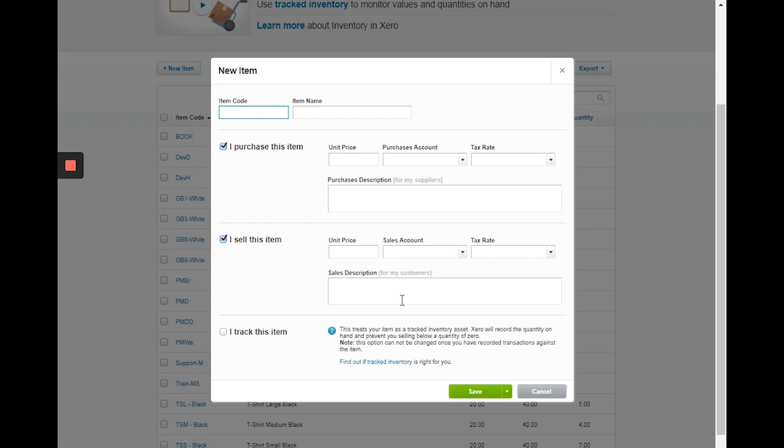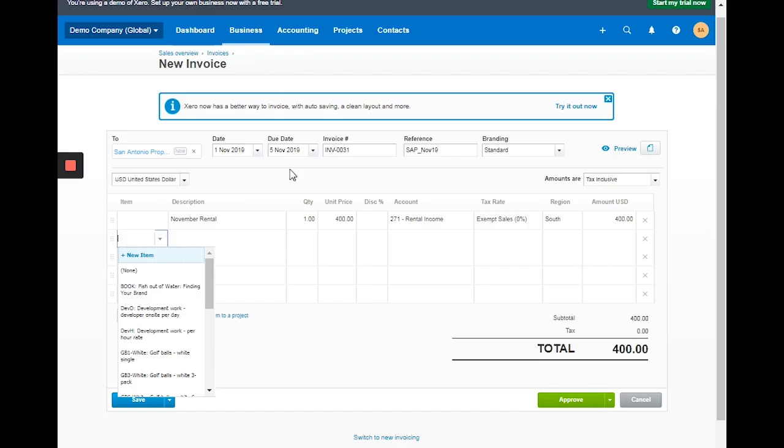They will fill in the details here, choose the item code and it will autofill the details. If they need to change it a bit, they'll probably change the quantity or the unit price.